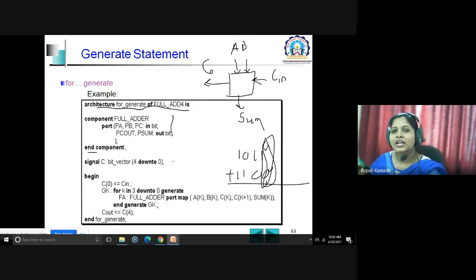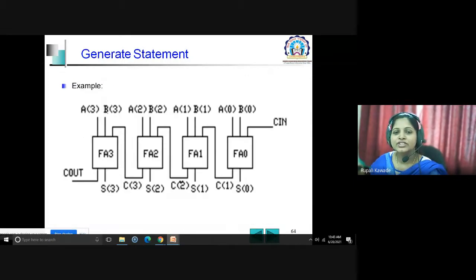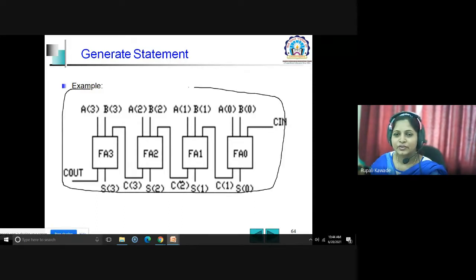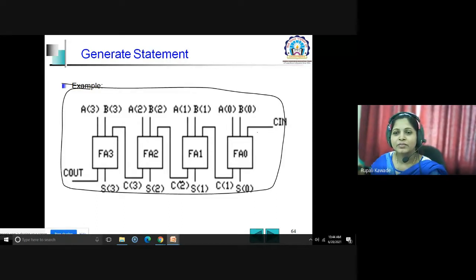That is the carry in and the carry out and the sum output. So these you have written. With this, four such statements will be generated, which will generate this complete structure, where A, B and C in are the inputs, and sum and carry out will be your output bits.